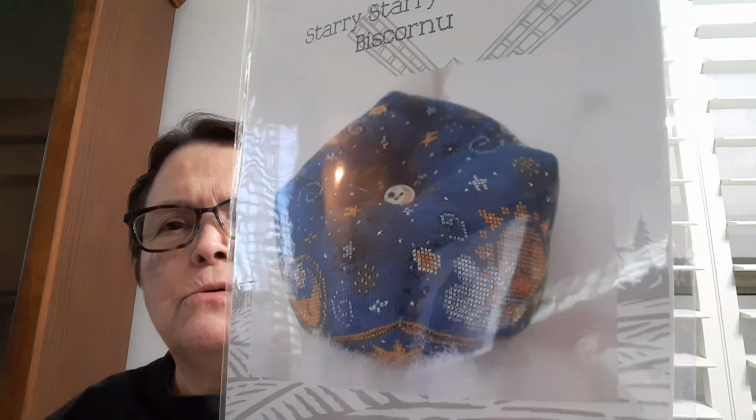But anyway, it's only like 100 by 100. And of course it's not all stitched. This model was stitched on 36 count Mystic by Picture This Plus. So I'll see what